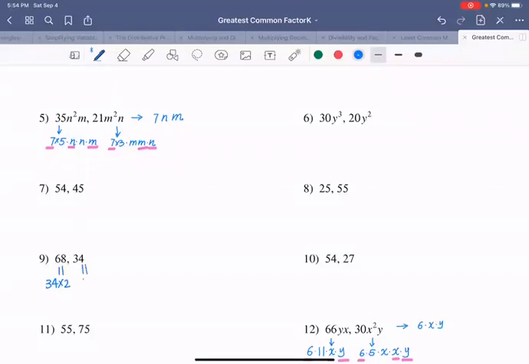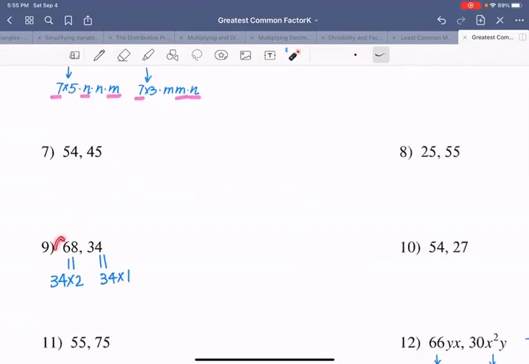This guy is 34 times 1. Make sense? Okay. So when you see this pattern, what do you think? Who is the greatest common factor? Greatest common factor for these two numbers is going to be this guy, because 34 is the largest common factor